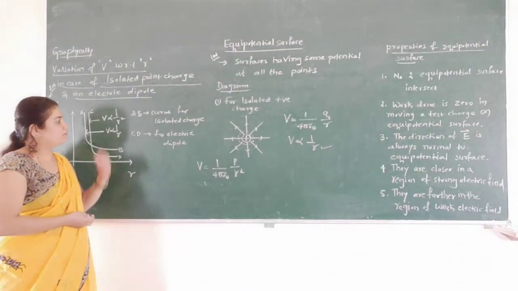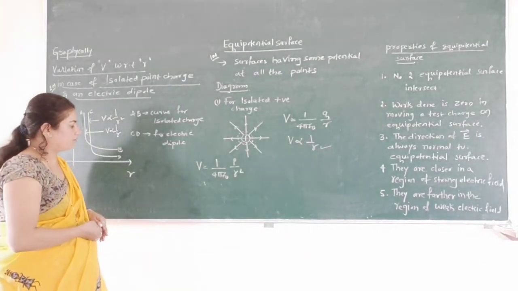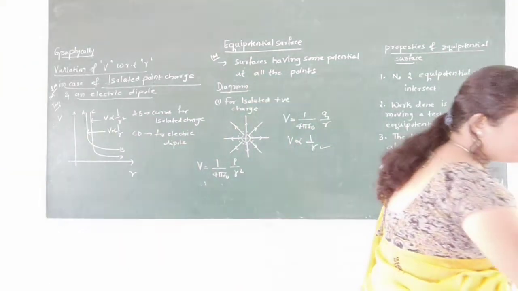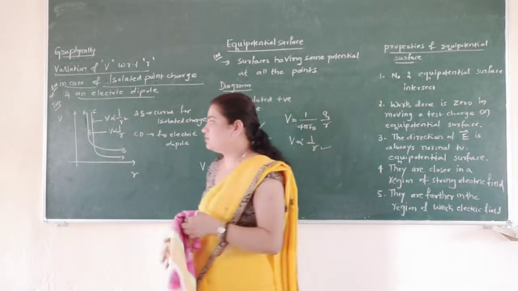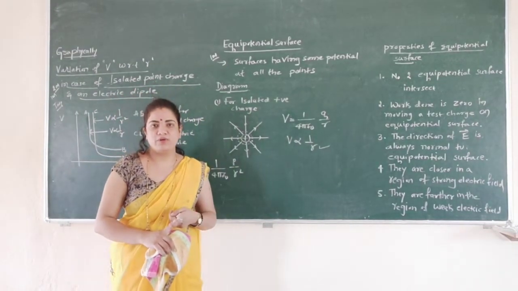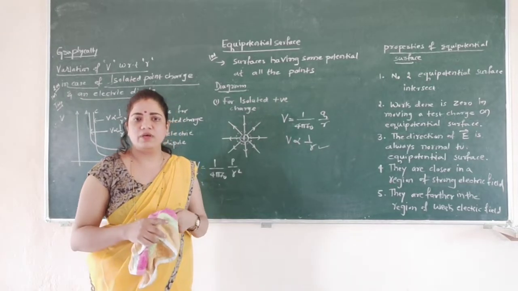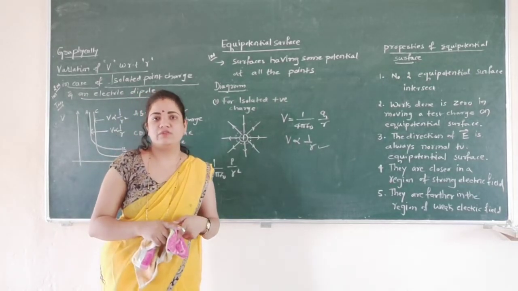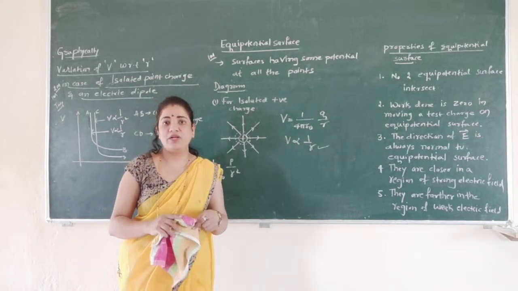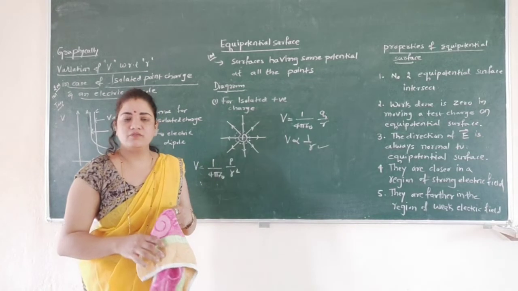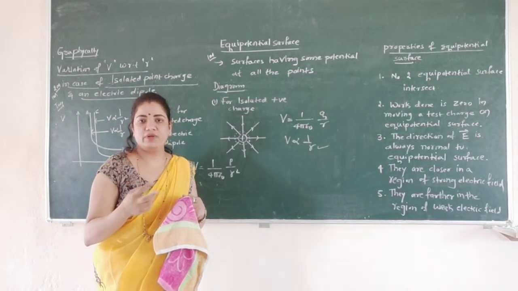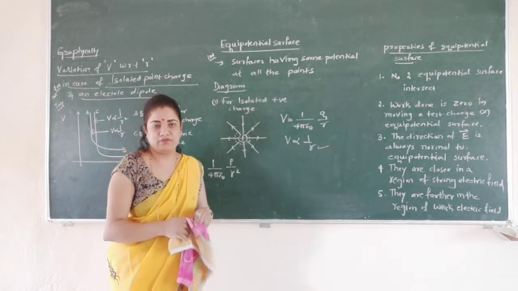The next concept is equipotential surface. That is also very important. Definitely you will get a question on equipotential surface. They may ask for 1 mark, what is an equipotential surface? For 2 marks, mention any 2 properties of equipotential surface. Or they may ask, draw equipotential surfaces for different charges, like isolated positive charge, negative charge, electric dipole, a pair of equal and opposite charges. We will derive that later.